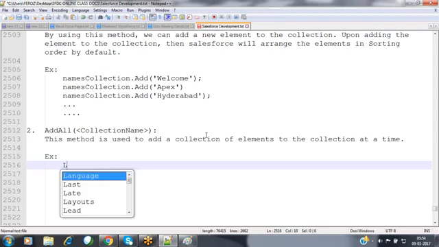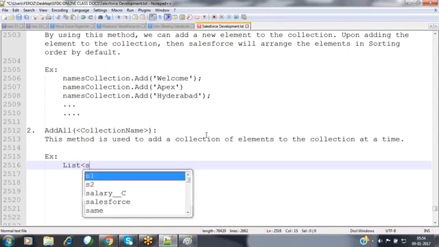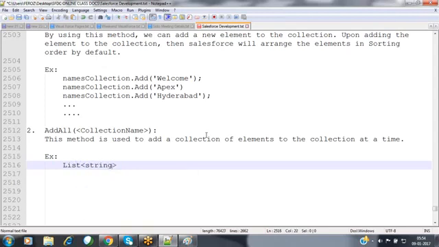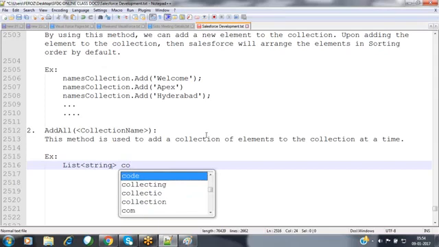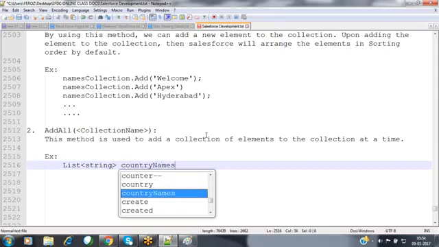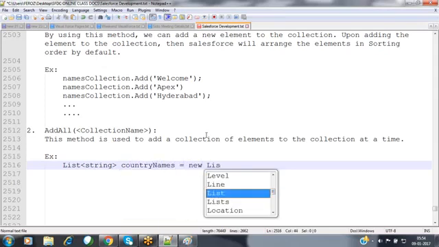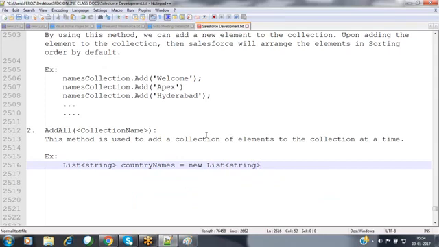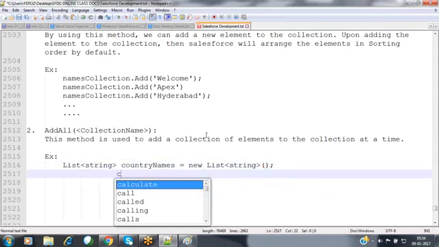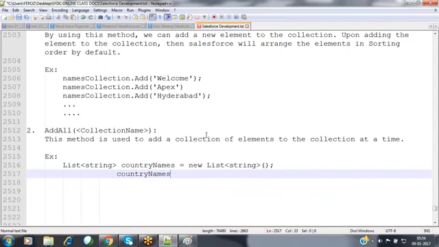Like I have a list collection, list of string, some country names, new list of string. I have some elements there. Country names dot add India.